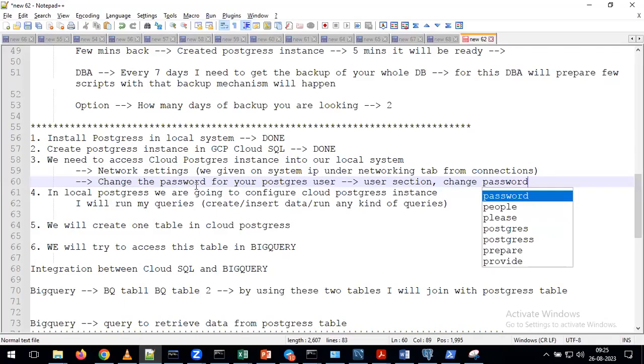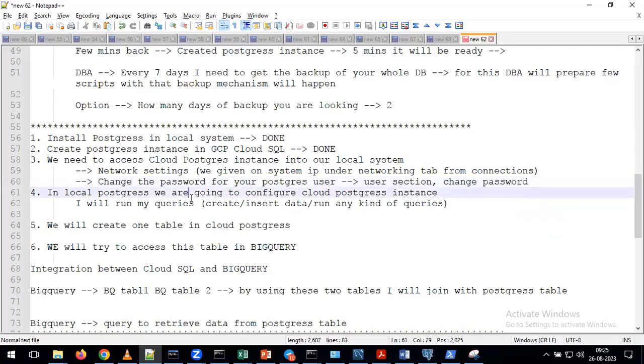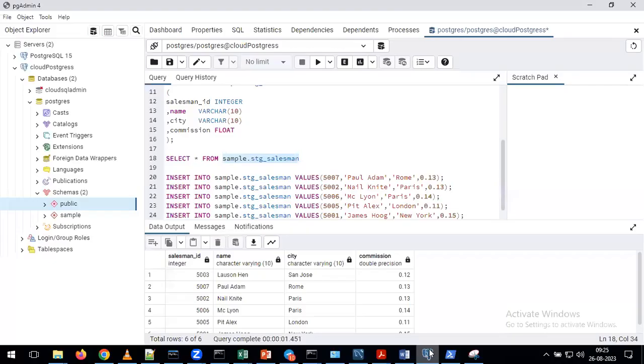Now, after doing all these activities, the next step is to go to your start button, Windows Start.